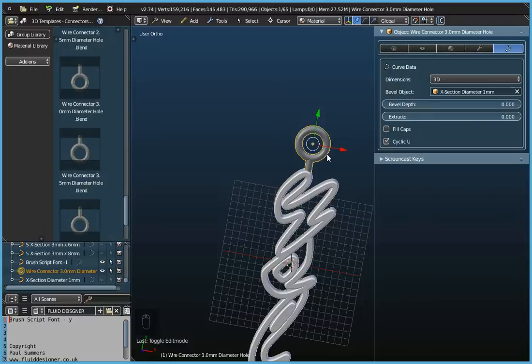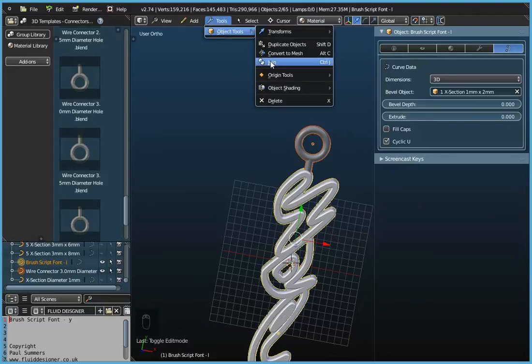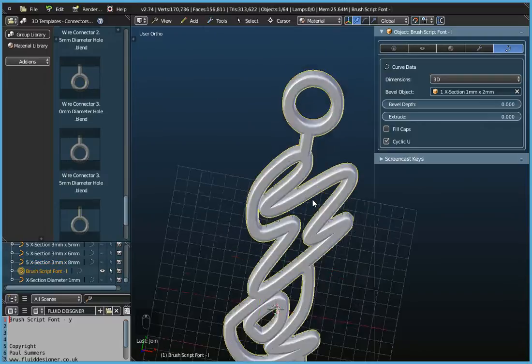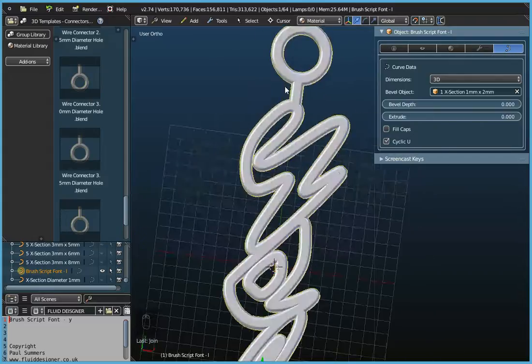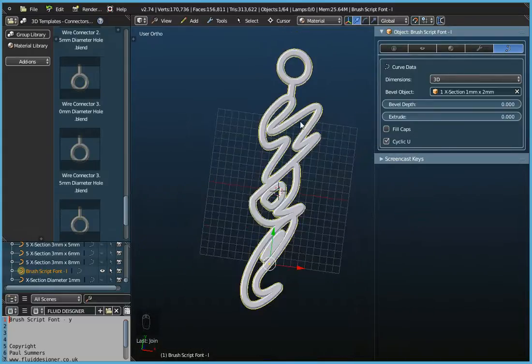So it's very important that you select the connector first, then you hold down the Shift key and connect the YSL last. Whichever object you select last, those properties, those thicknesses will be maintained. So this shape will be the same as this last object, the YSL object that I've selected, when I join them. And to join them, you just go to Tools, Object Tools, and join them. And you can see as I did that, the shape of the connector has changed now to match the shape of the YSL. So that's all you need to do to create a very simple pendant, a personalized pendant with